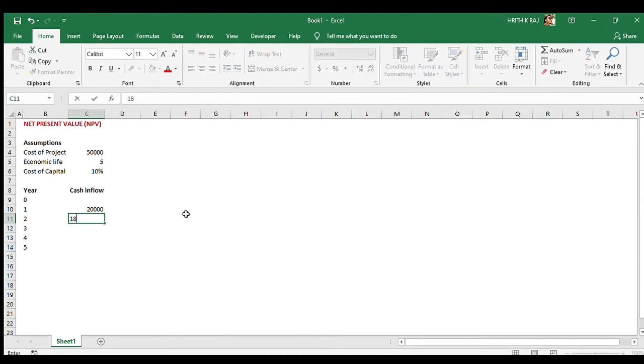Third year 15,000, fourth year 16,000, and for final year, that is fifth year, let's take 15,000. 0 year is the initial year, so cash inflow will be the initial investment, which is our cost of project, that is 50,000, right? In this way we have to prepare a data.